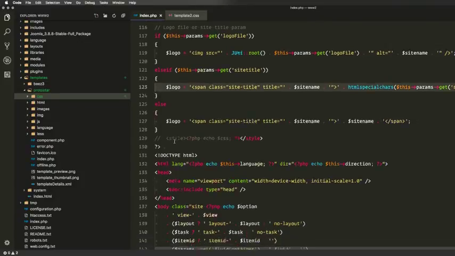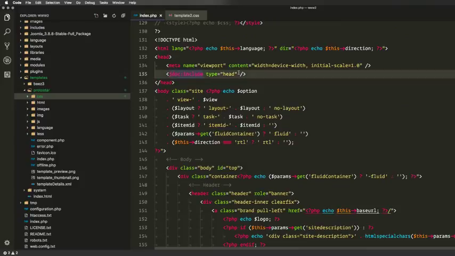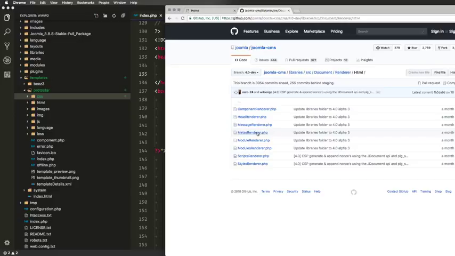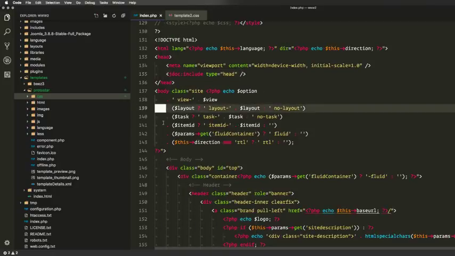This head renderer is actually the part that I was moving around. And the good part is that in Joomla 4 we also have metas, scripts, and styles. And I guess you understand where this is going, right? I'm going to leave it here. So join me next Monday, and we're going to